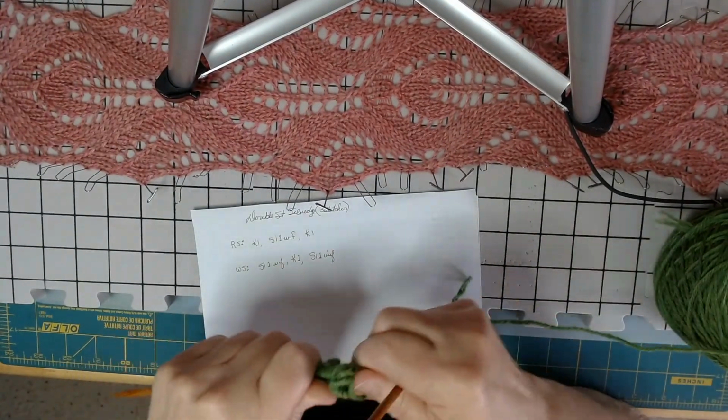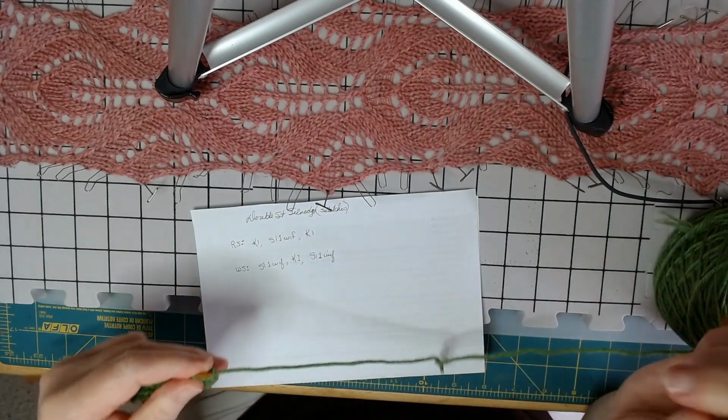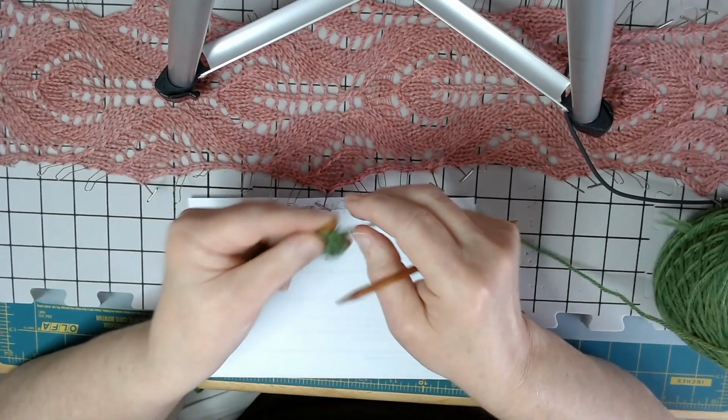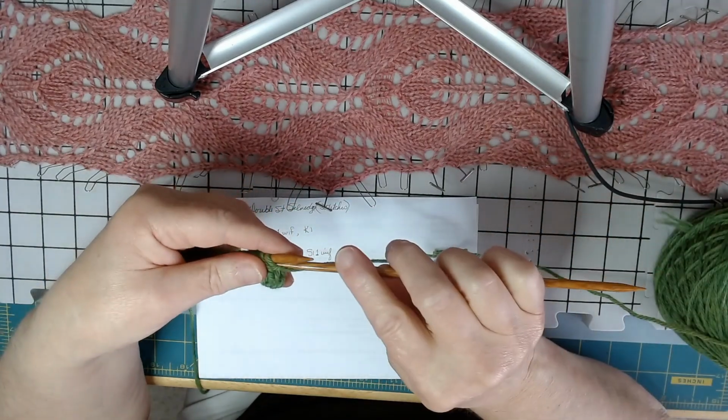So let's do another wrong side. And remember, after your setup, you generally start with the wrong side. So we're on the wrong side. You can tell because our little marker is on the other side. The other way you can tell, again, is if you have a cuff. So with our cuff, we're going to slip,